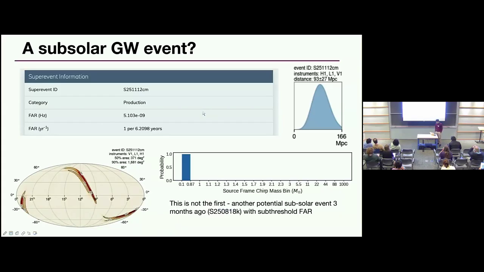And perhaps more surprising is that it's already the second subsolar trigger we've seen in the past 3 months, although the first one is very subthreshold. So my point is, maybe they're not real, but in anticipation of more of these triggers, it's quite timely to study how these subsolar compact objects may have formed. And so here I am to present one formation channel we came up with for subsolar neutron stars, and maybe currently the only alternative to primordial black holes.